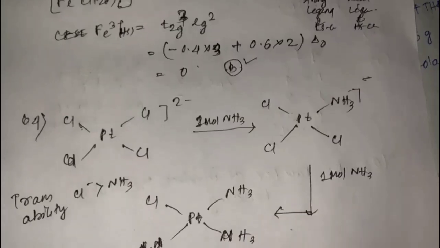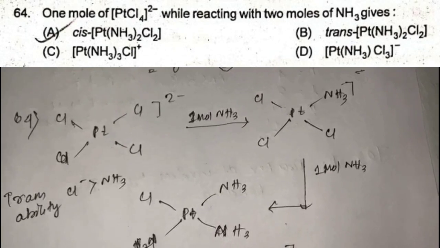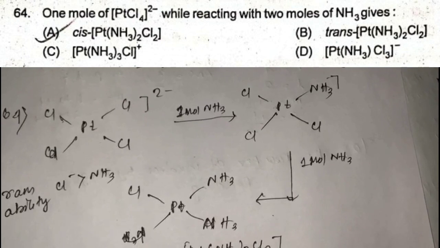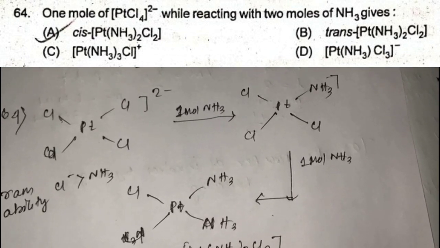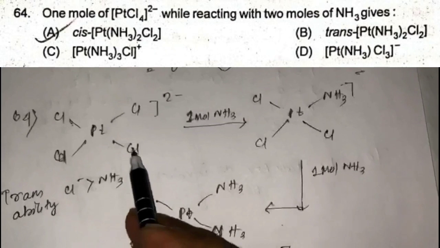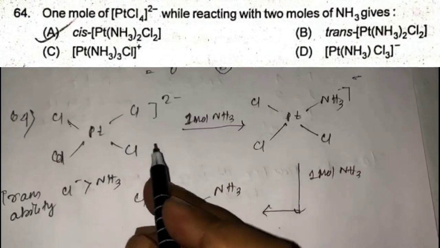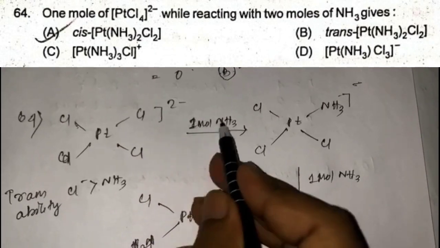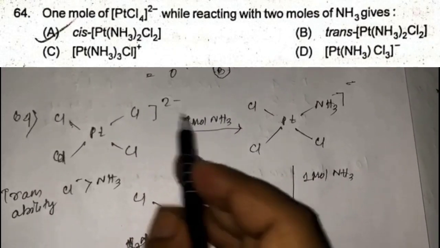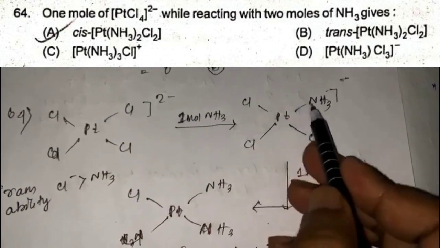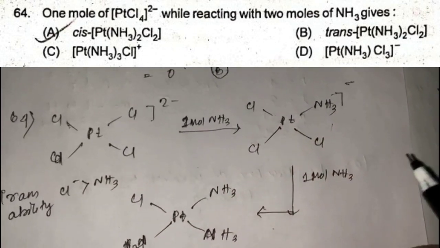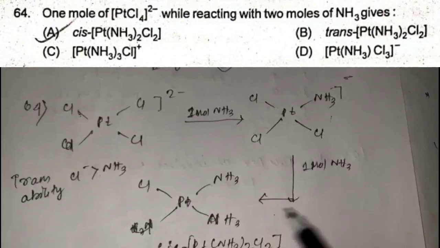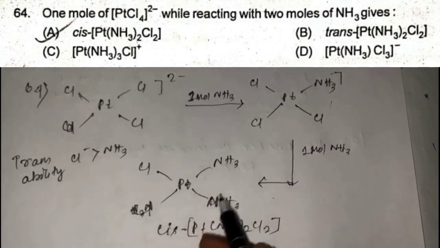63B, that is iron. So the question number 64. Here 1 mole of PtCl4 2- while reacting with 2 moles of ammonia gives... They are giving PtCl4 2- and ammonia. Suppose I am taking 1 mole of ammonia. What will happen if I react with this complex? This product will be formed. If I add another 1 mole of ammonia here, then it will lead to the formation of this